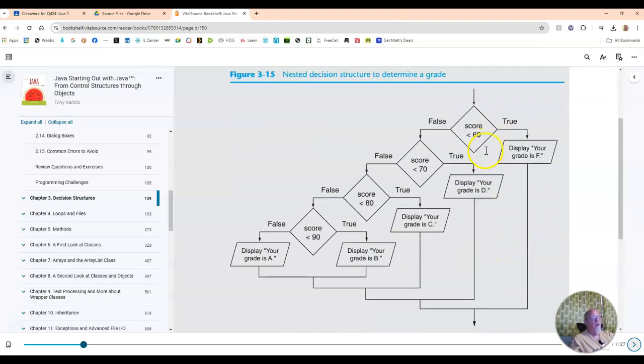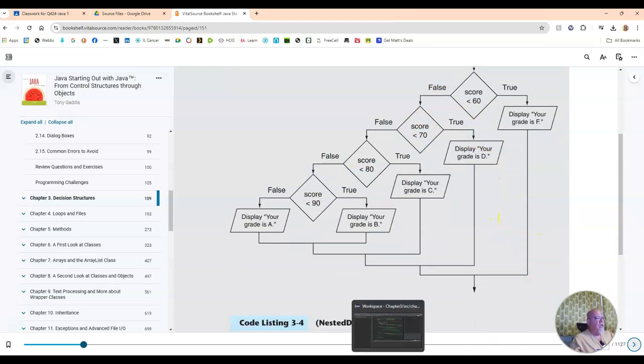And this is what the flow chart would look like for that. So again, we come in, if the score is less than 60. If that's true, we're going to display F. If that's false, we're going to come into another if statement, so on and so forth. So let's look at the nested